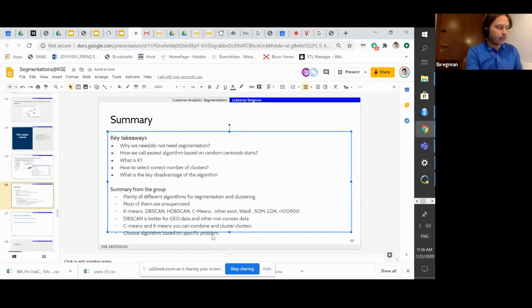Maybe I would add one additional point, that hierarchical clustering is more challenging but more insightful.